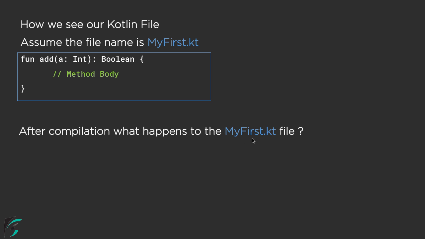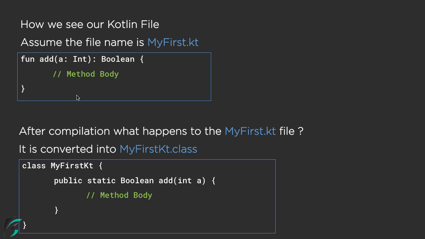Soon after compilation this file is converted into myfirstkt.class, and internally the compiler adds a wrapper class on top of this function. So this code is converted into this code, where I have a class myfirstkt inside which I have public static boolean add int a.